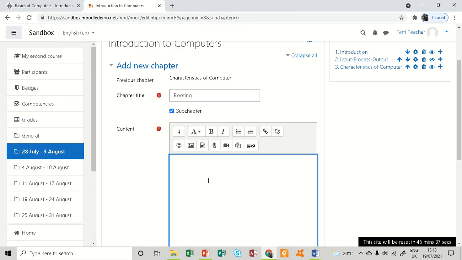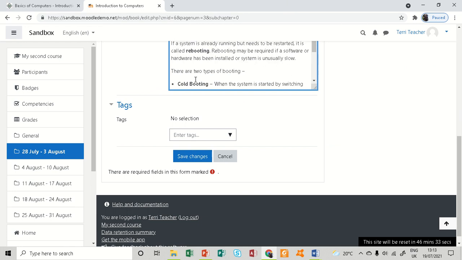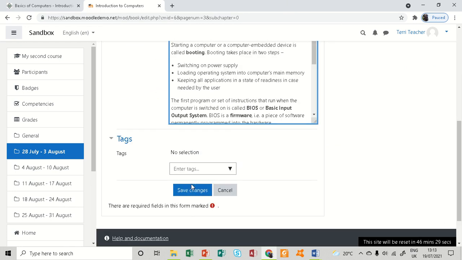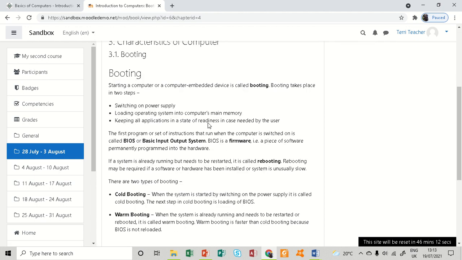So this is just to show you how you are supposed to organize your work. I've copied the booting work here and I've marked it as a subchapter and I save changes. You can see it is marked 3.1, which means it's a subchapter of chapter 3, characteristics of computers. So that is how you can come up with many subchapters and more chapters depending on the content you want